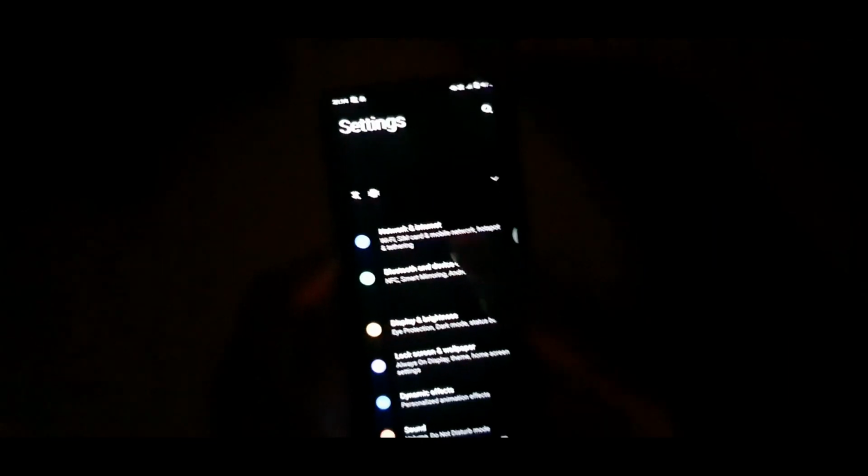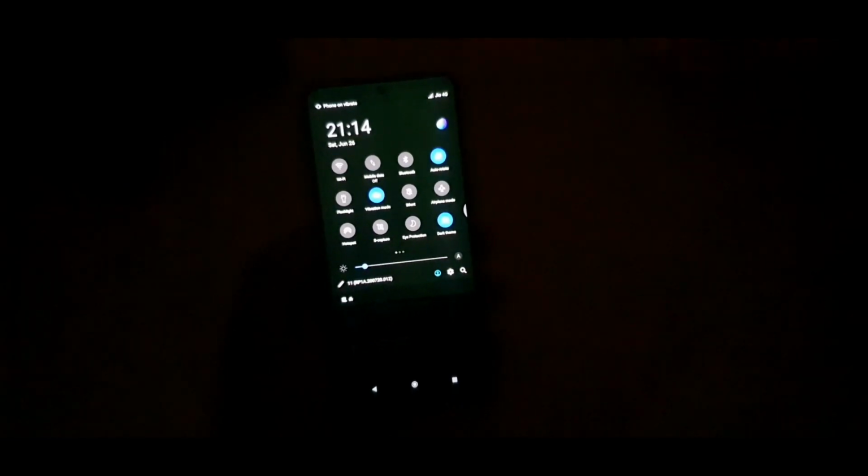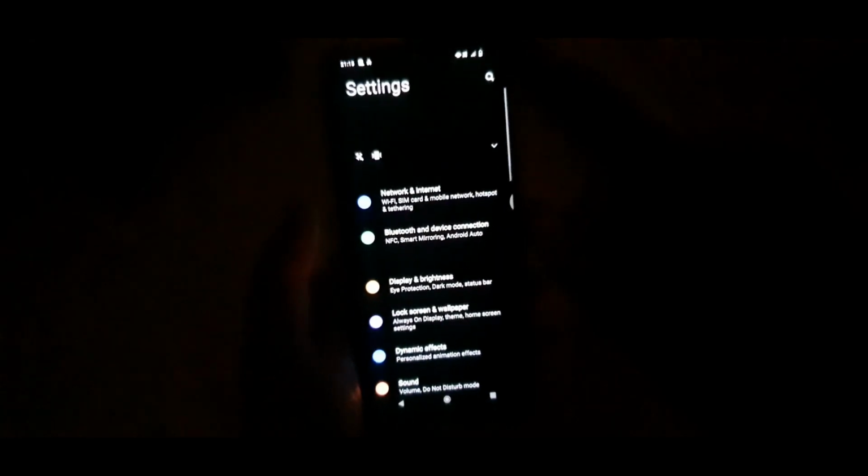This is only visible if you use the notification toggle. Whenever you pull it down, as you can see, friends, how much green is completely visible. A lot of users are really complaining about this green tint problem on their mobile phones with the notification toggle. This is what they are talking about. Now I'll go to the settings application, scroll down, and then adjust the brightness.